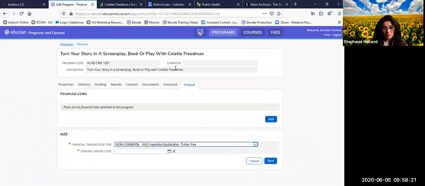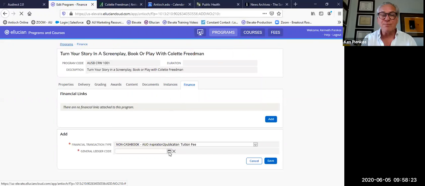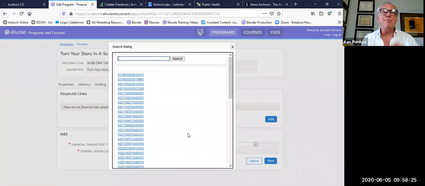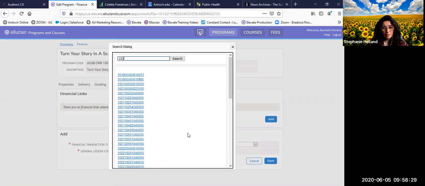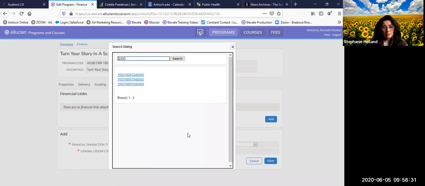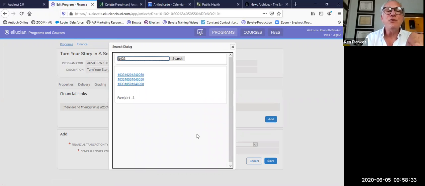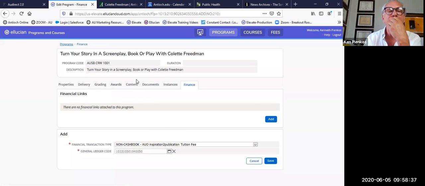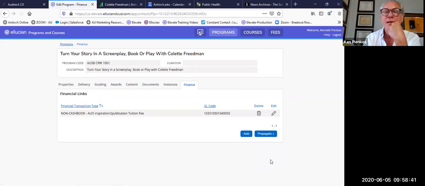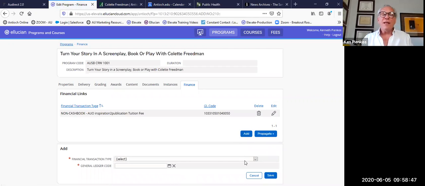Okay, and then in the next one, type 1033 in the search. 1033. This is the broad continuing education, and use the one in the center, and save. And now we're going to add one more. This time it's going to be the Inspiration to Publication